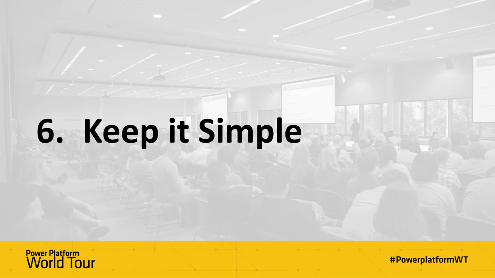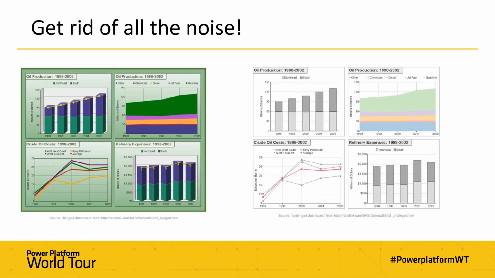Next, we're looking at number 6. We're looking at kind of keeping it simple, and we've probably seen this. Again, a lot of you will be familiar with some of the ideas in here, but it's all about getting rid of that clutter and that noise, and stripping things down to basics, and not using flashy images and lots of colors for the sake of it, and not taking your audience's attention away from the data.